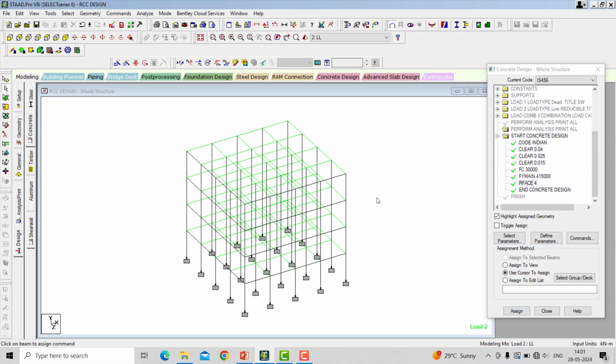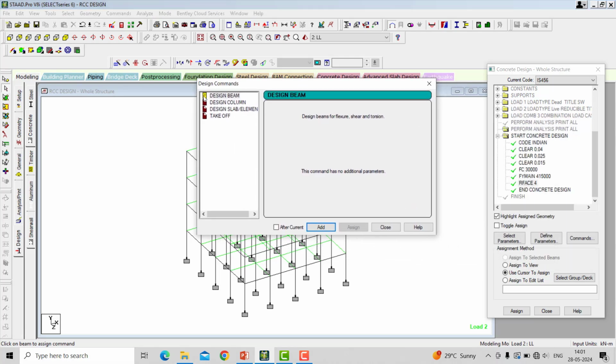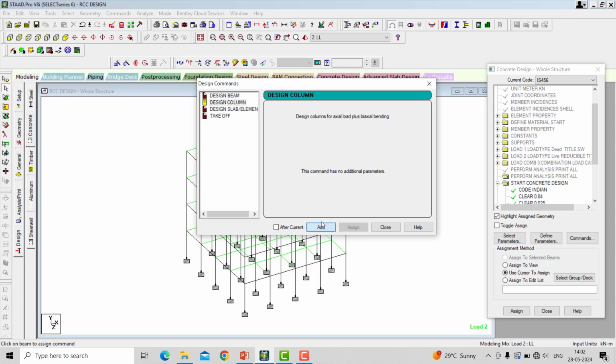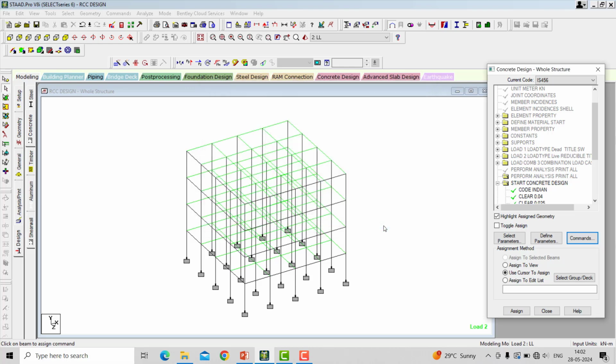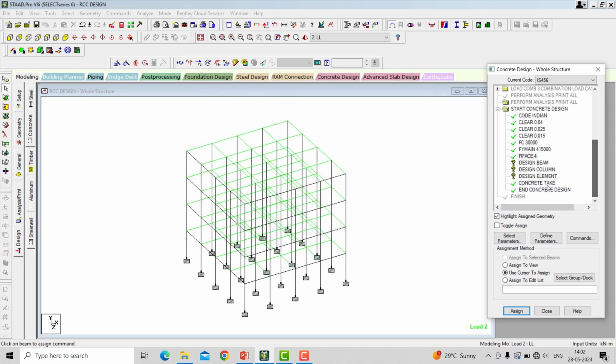Next, we have to tell the software to design the column separately and the beam separately according to the IS code. Click over the command and then say design beam, add, design column, add, design slab, add, and the next take up, add and close. Scroll down.